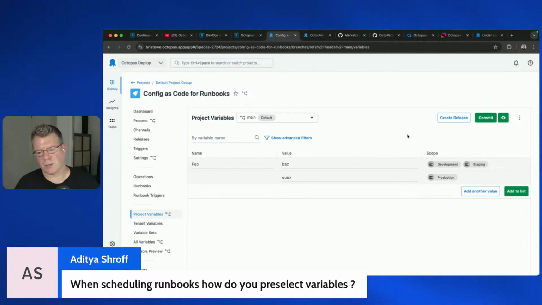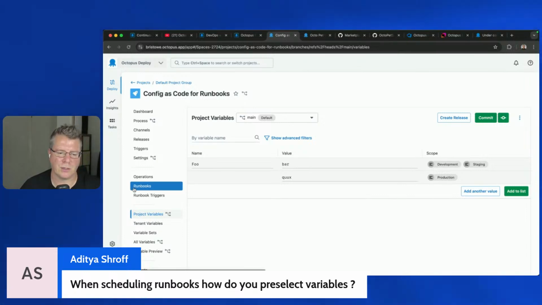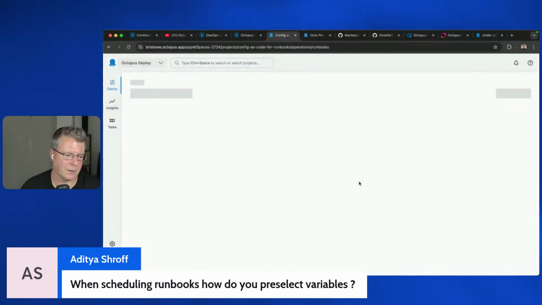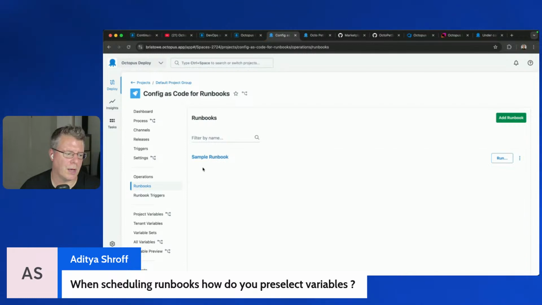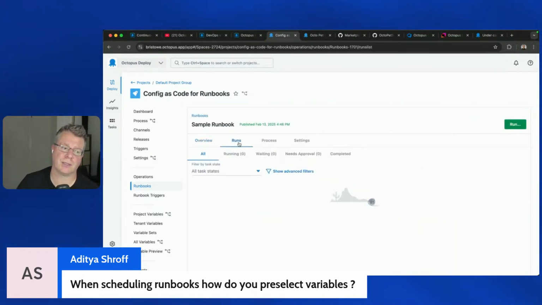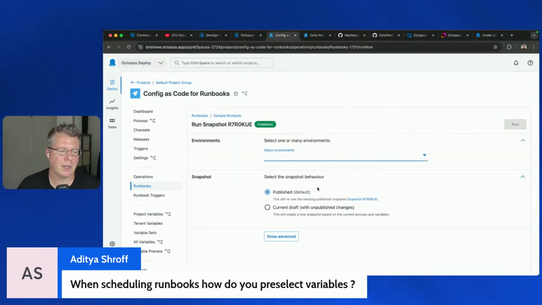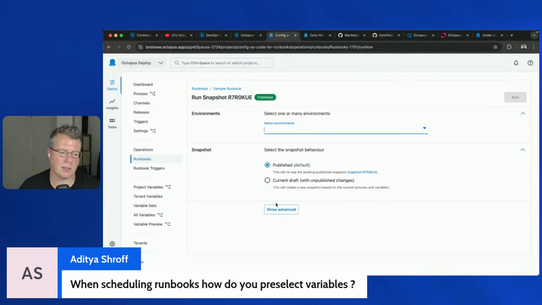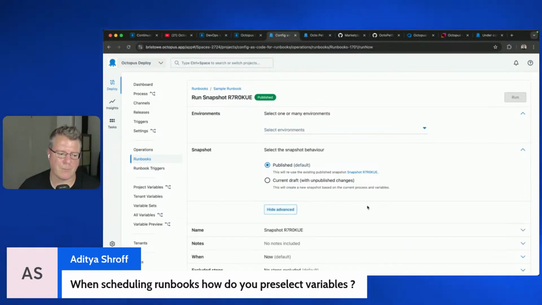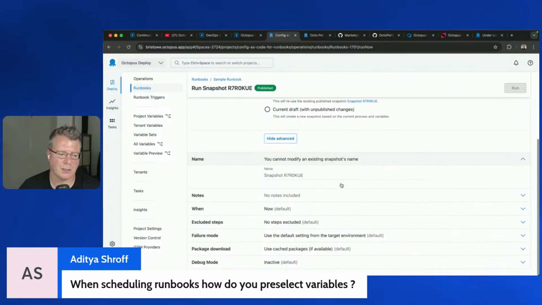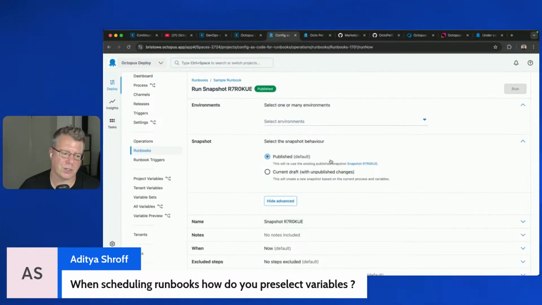So when scheduling your runbooks, this is when executing your actual runbook itself. This is where you do a run, which is a little bit different than a deployment process where you define a release. Runs themselves are the execution. And this is where you can utilize a snapshot. We define it explicitly as a snapshot, so we give it a name, and we generate this name for you as part of a runbook integration. But it would really depend upon how you define your scopes.